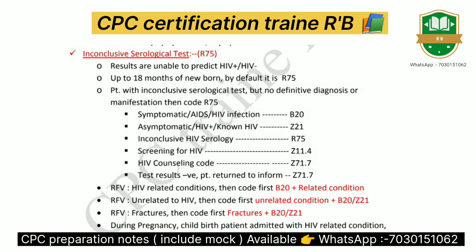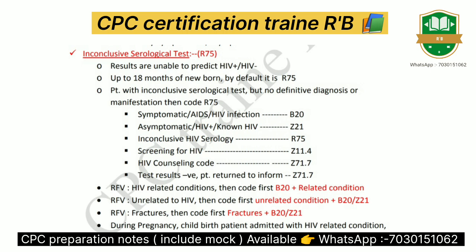Okay, then next, inconclusive serology test. In scenario, the physician was performing inconclusive serology test. Then you can directly capture R75 code. Okay, and then you can check symptomatic AIDS HIV infection B20 code, asymptomatic HIV infection Z21 code, inconclusive serology R75